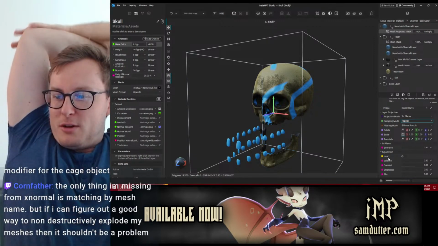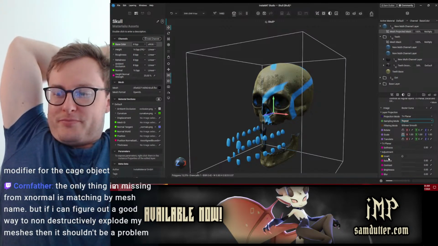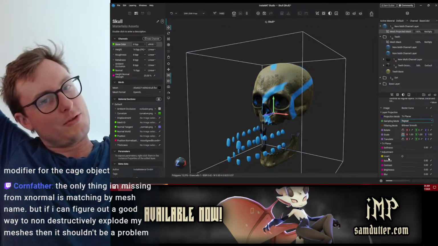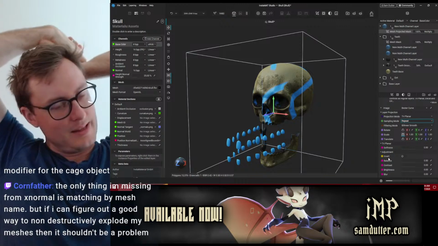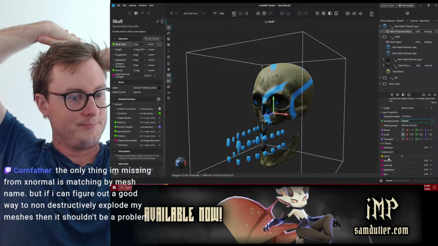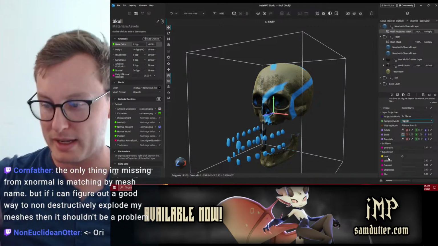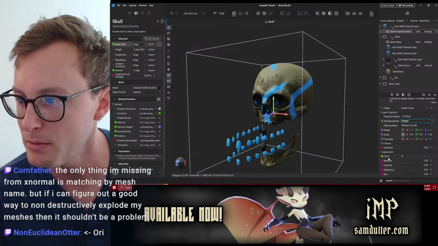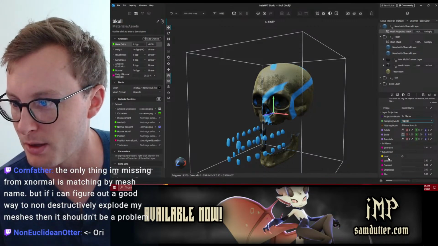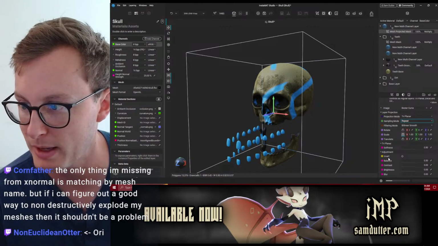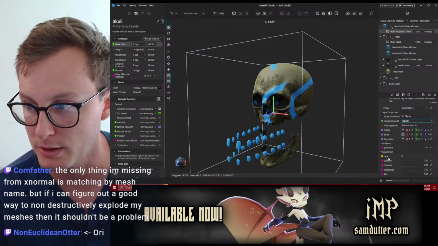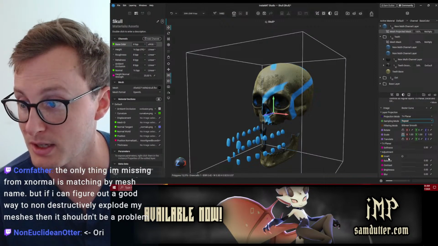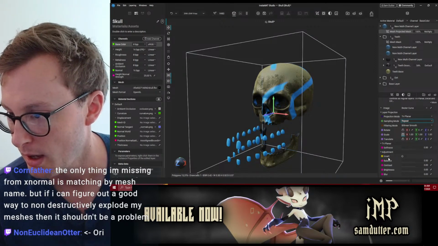Multires sounds like, hello, non-Euclidean otter, welcome. Multires sounds like a nice way to manage all that, though. I've always had trouble with baking it. It does sound like the perfect option, but I've never gotten the baking to be what I want. The way I've been doing it before was working a high poly sculpt, then retopologizing using the high poly as a cage to bake normals to the retopologized low poly. I'll look into it and see about using it. For now, I will stick with Substance. Understandable.